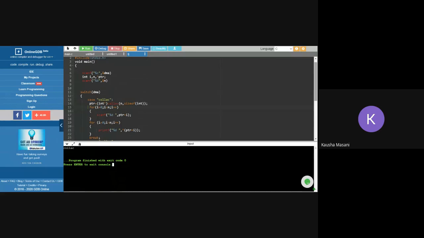Tushar, this n value you are supposed to take inside the case. Otherwise, how is it going to take up that n? And the case you are writing is for calloc, right? It is not able to execute anything. Try taking this n inside the case.